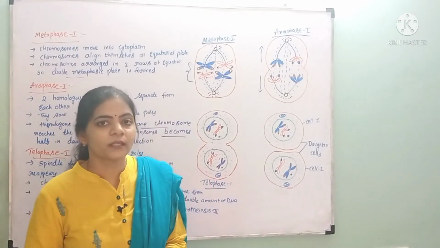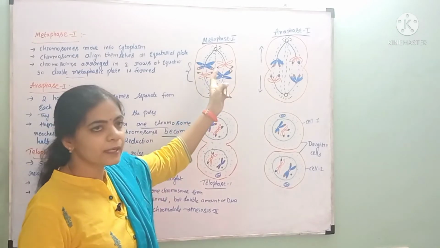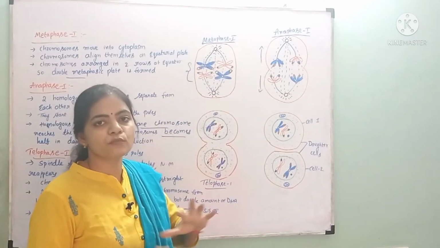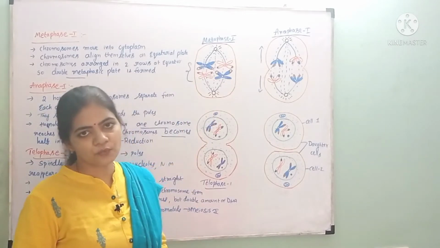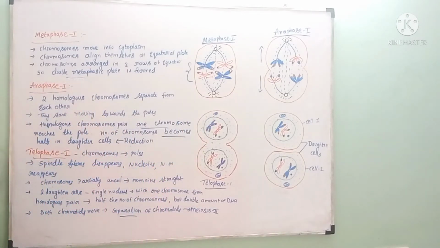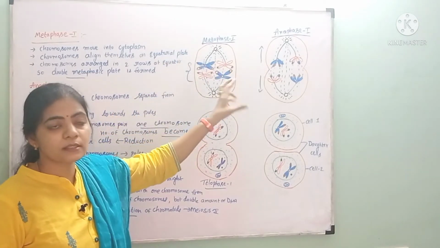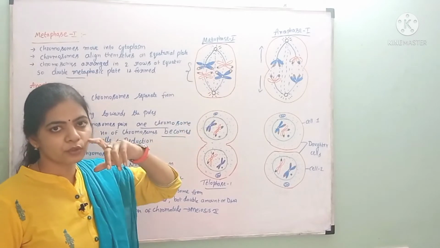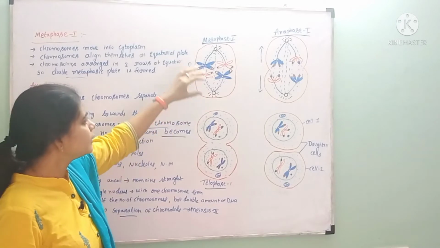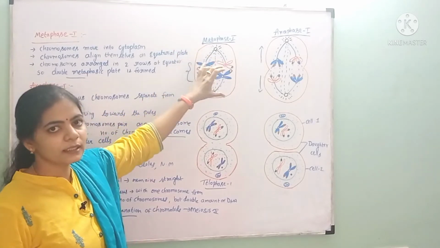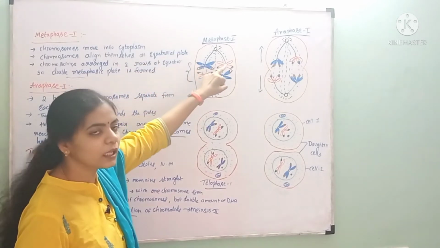At the same time, at the end of Prophase 1, in diakinesis, the nuclear membrane around the chromosomes also disintegrates. Now the cell enters into Metaphase 1. So, in Metaphase 1, what will happen? The chromosomes move freely in the cytoplasm because there is no boundary for them, as the nuclear membrane has completely disappeared, degenerated. Then these chromosomes align themselves in the equatorial